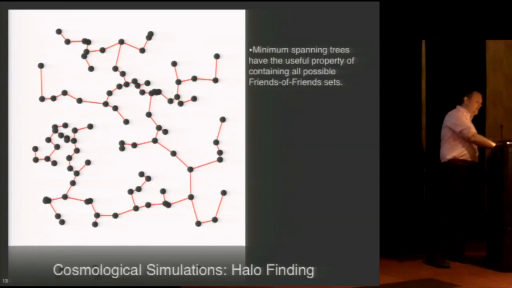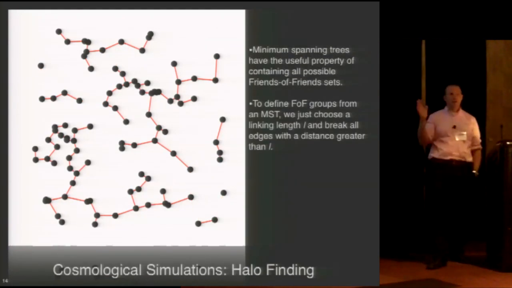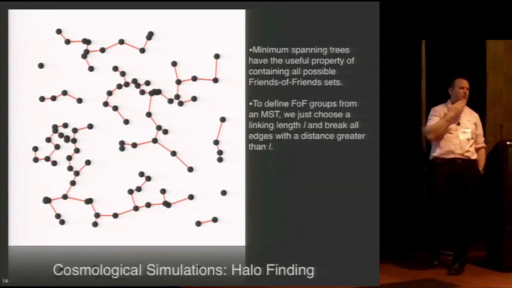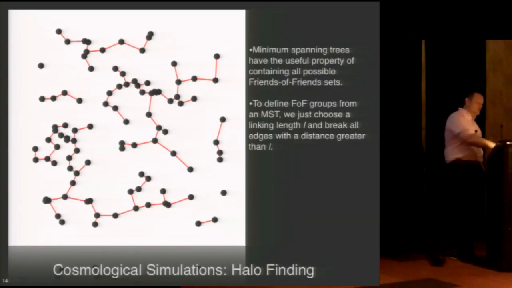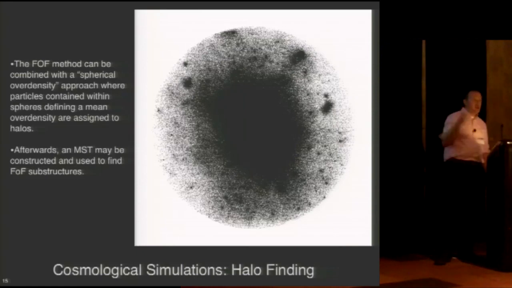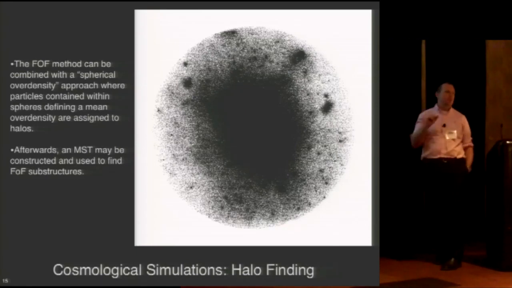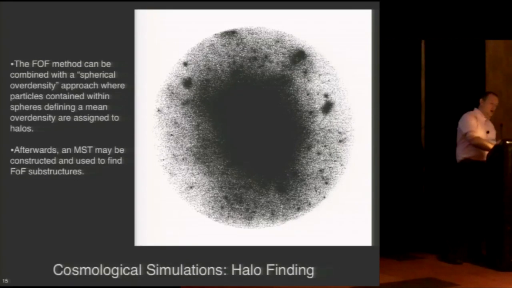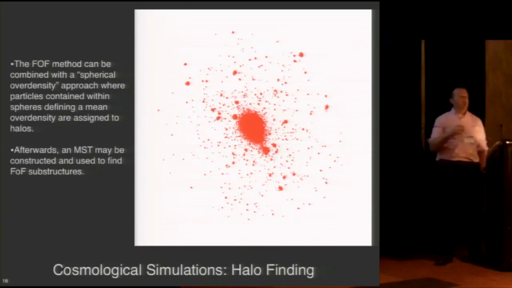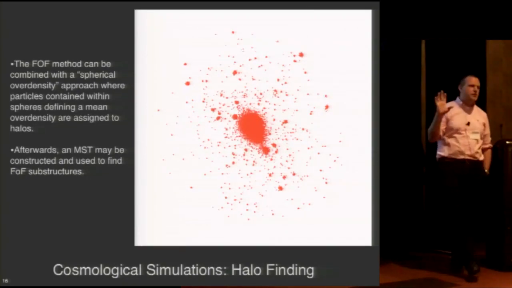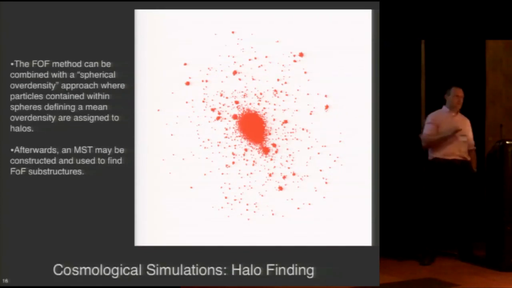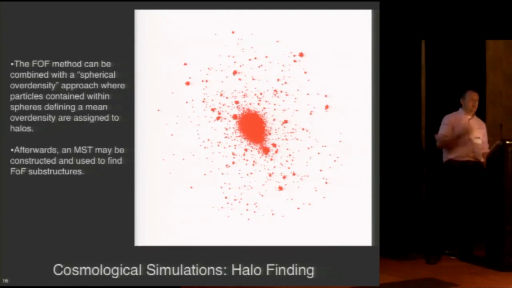And so if I split up this spanning tree just saying, oh, throw away all the links larger than some number, I'm left behind with some groups. And those groups actually, in a simulation like this, which is a small spherical region within the simulation I showed you before, I can construct that spanning tree and just find the dense regions within this very large network of particles that might give rise to the formation of the galaxy.